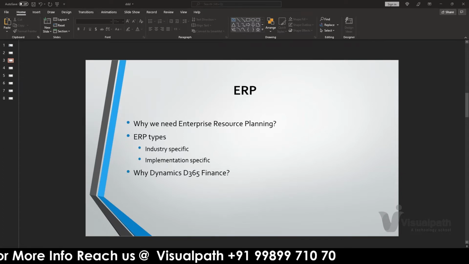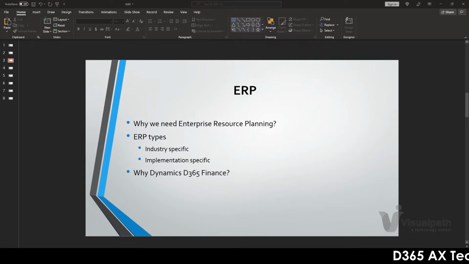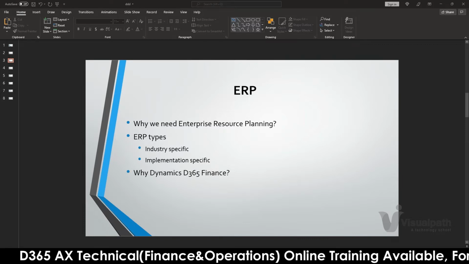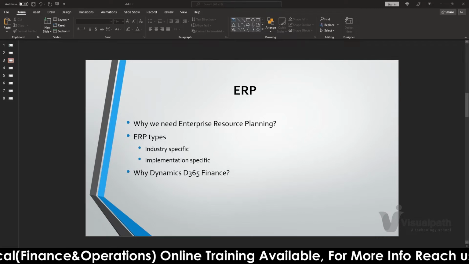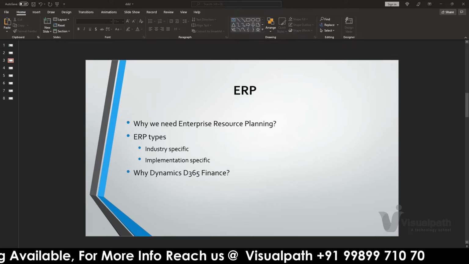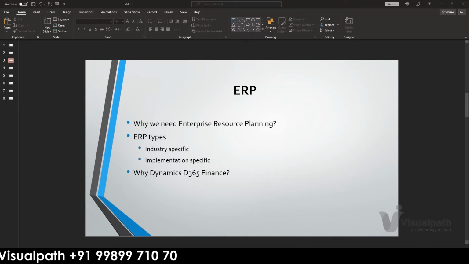If I choose to implement using Dynamics 365 Finance, that will cost me around, I don't know, 60,000 or something. So at least some 30 to 40% cost implementation variation will be there compared to SAP and